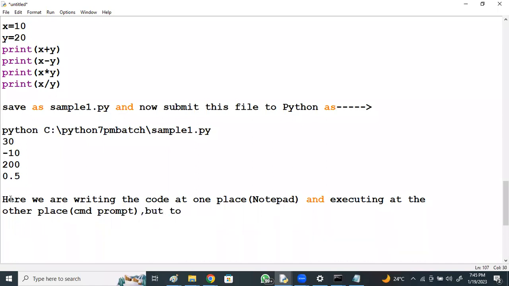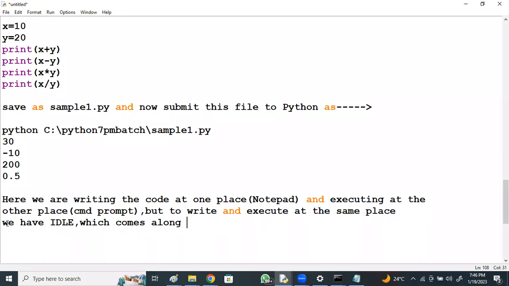But to write and execute at the same place, we have IDLE, the Integrated Development Learning Environment, which comes along with Python installation.